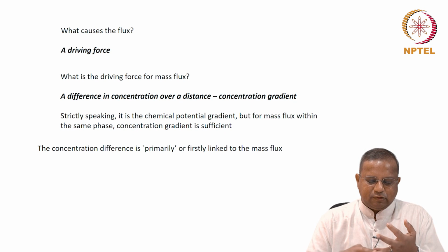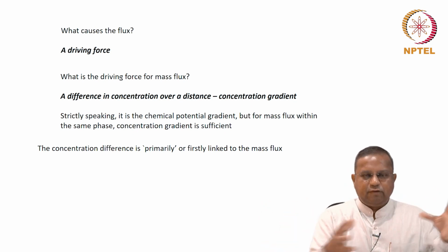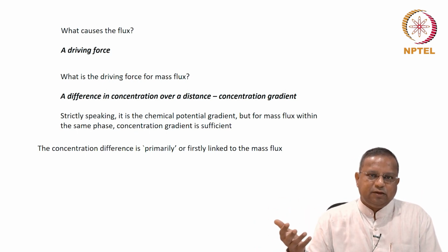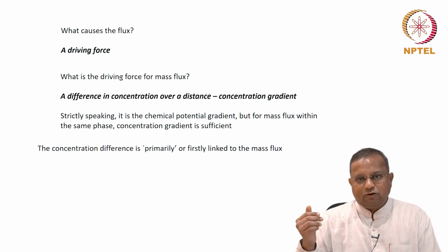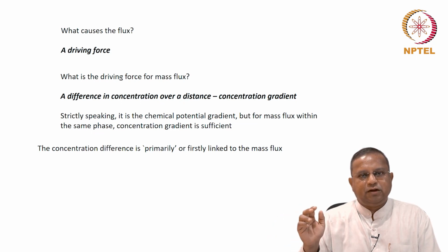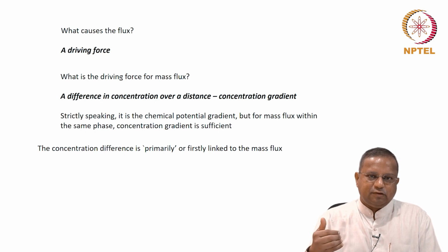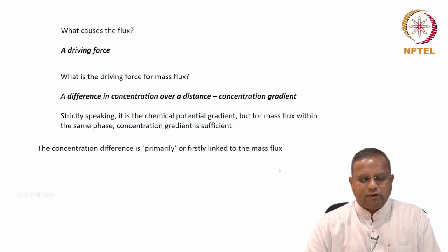Concentration gradient can cause bulk motion or convective motion of the fluid itself. If the fluid itself is moving, of course the species would move along with the fluid much faster. The difference in temperatures or a temperature gradient can cause a mass flux, as we will see later, and so on and so forth. An electrical potential gradient can cause a mass flux, and many of these driving forces can cause much higher mass fluxes. However, the one that is primarily associated with it is called the primary driving force, which is the concentration gradient here.